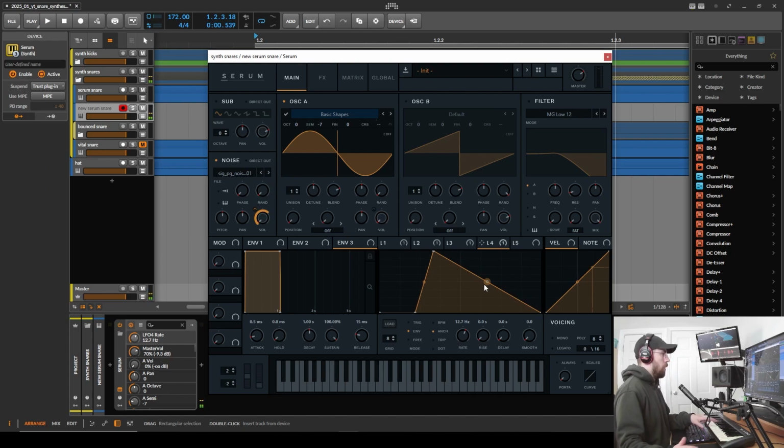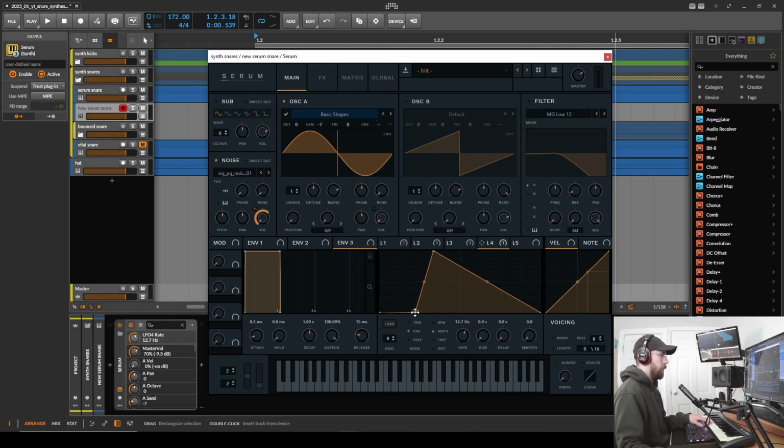Okay. That is, we're into the territory of a snare drum now. Obviously, this is not very interesting. So, some things I'd like to address when it comes to working with and shaping your white noise: the shape of your LFO on the volume of your white noise can create a lot of character, and it can kind of define your drum. For instance, if I'm using this basic kind of down ramp